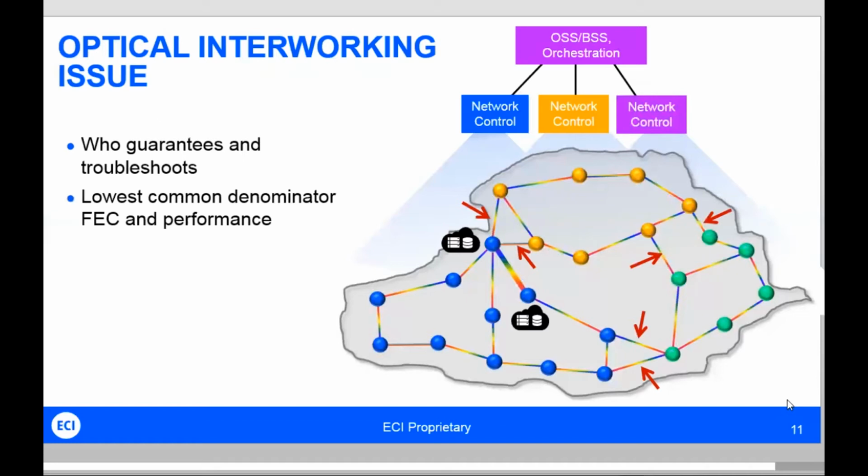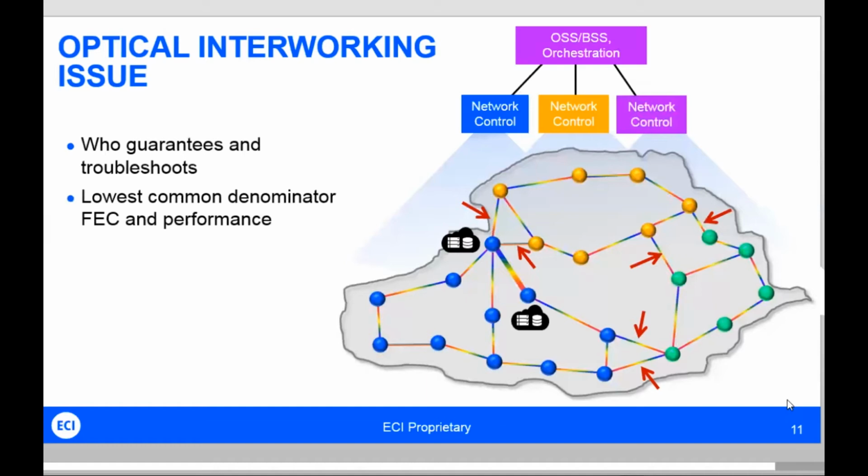A few other things worthwhile pointing out, though, in the scenario of having multiple vendors in a common network is that of optical interworking. Now, there is a project, for instance, starting off about a year and a half ago called Open ROADM. And as part of Open ROADM, they're also specifying how to perform connectivity at the optical level itself, in terms of you could actually have a transmitter from one vendor, say the blue vendor, and the receive side could be provided by the yellow vendor. This is something which they're aiming to achieve, but there's a certain level of consensus in the industry that, while this is technically possible, there are certain reasons why you probably don't want to do this.